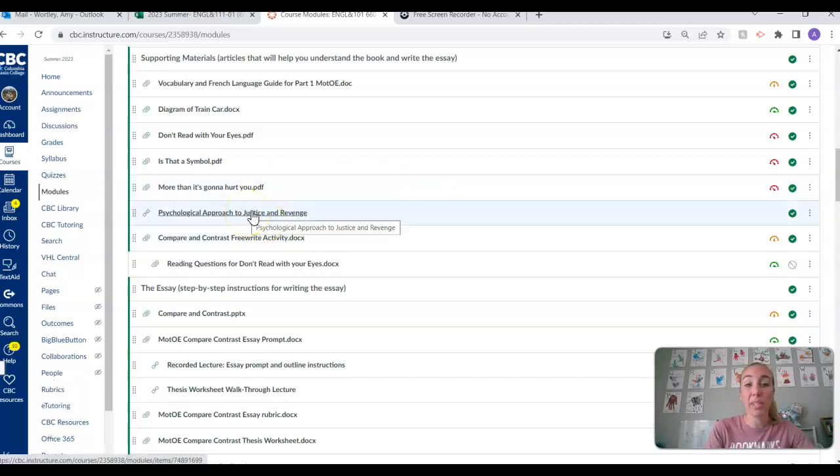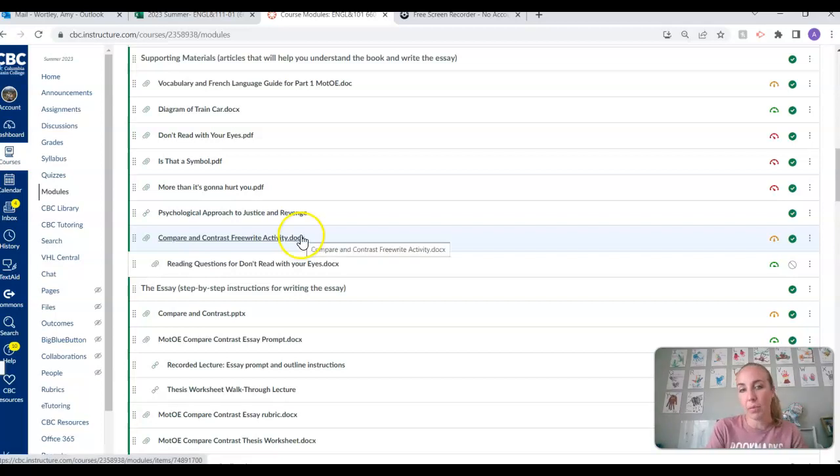And then I highly recommend using this article as one of your sources in your essay for next week. I'll talk more about it next week. But this article defines revenge and defines justice in some really cool and accessible ways. And so you could use those ideas as we get into the essay where we're going to argue, was the murder motivated by revenge or was the murder motivated by justice? What was that action? How would we classify it? This article will help us classify it. And then later on this week, we've got some compare and contrast free writing. All that's for you here.